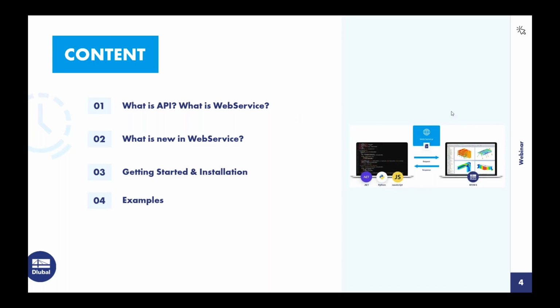So today's topics include an explanation of the main logic behind the technology, including the key ideas behind APIs and web services, as well as how they work in practice. And then a comprehensive overview of recent developments in web services, along with a detailed roadmap of our future plans for the technology. And the third point is step-by-step instructions for installing our Python library and getting started with using